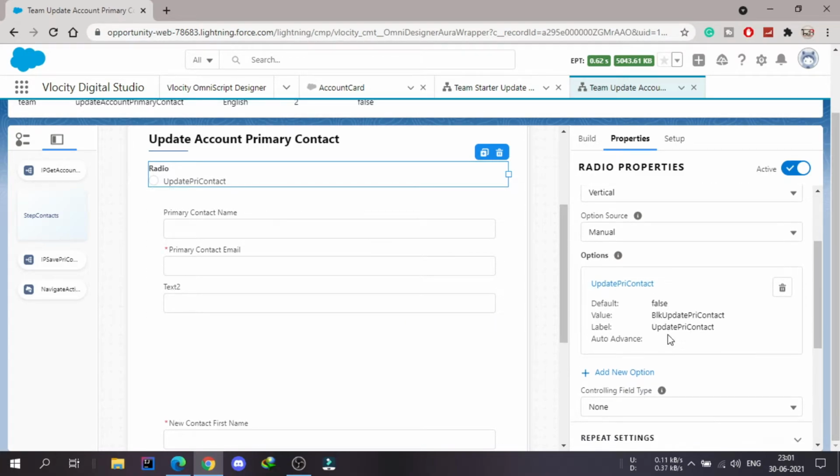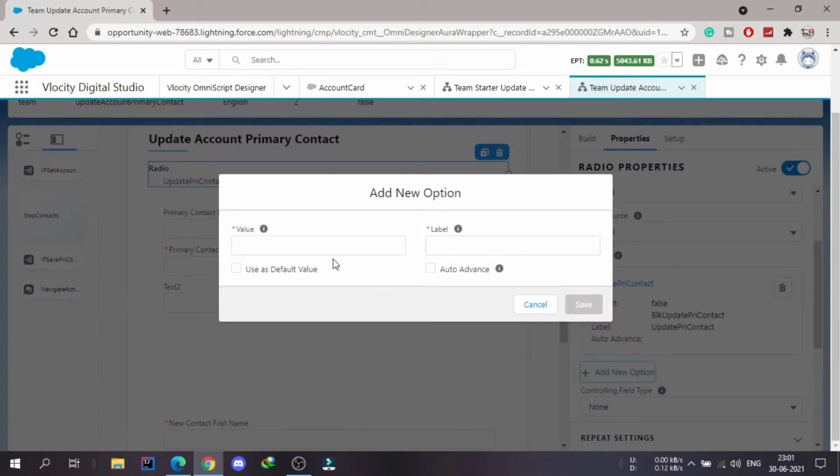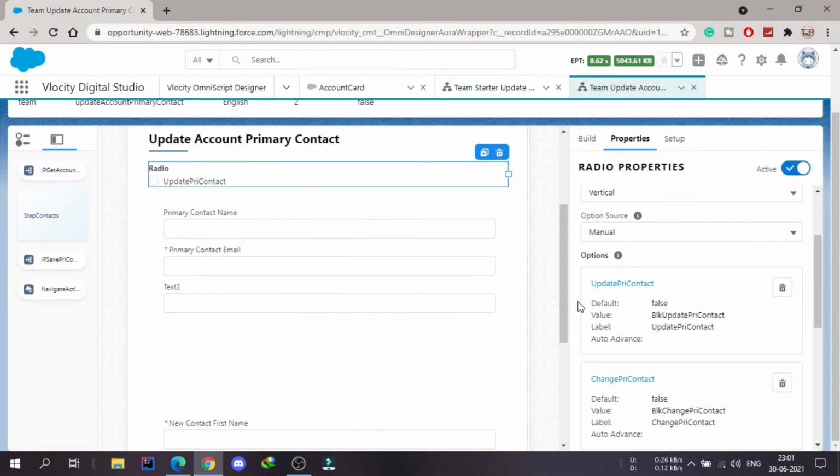Let's add another label, another value here. So on the value I will use block change primary contact, and on the label I will use change primary contact, and I will save this.